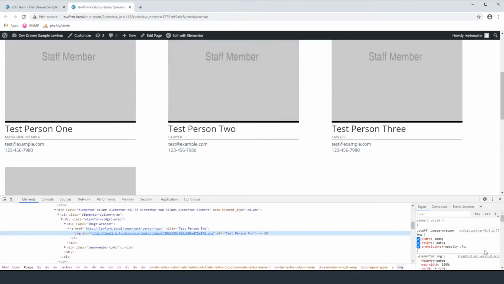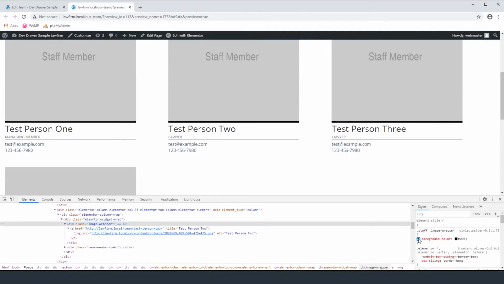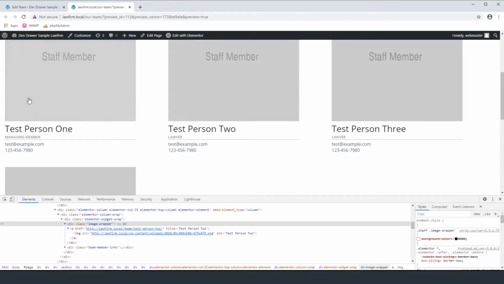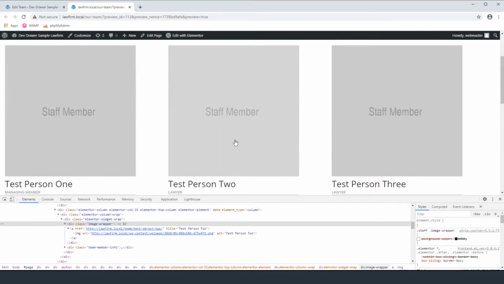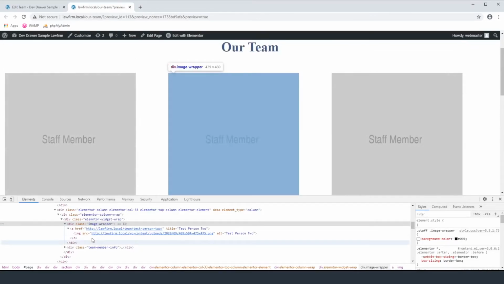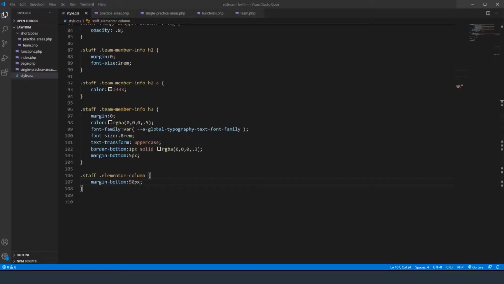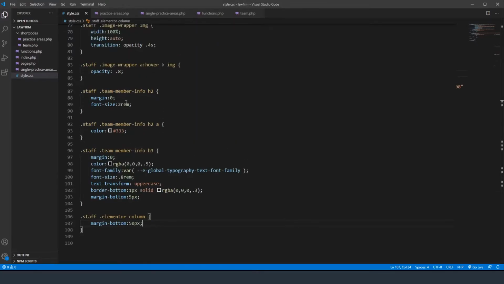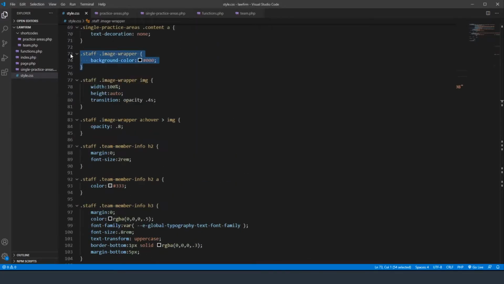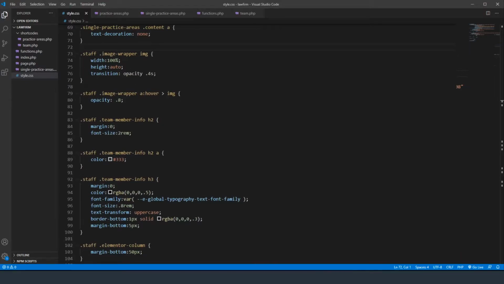So if we look at this and we take this height instead of being auto and turn it into 100%, no, that doesn't help it either. I thought it would. So maybe if we remove that, it doesn't have the, I guess it does. It just turns white instead of dark. Okay. Alright, so let's do it that way just to make it a little bit easier so I can move forward with it. We're going to just remove the background color from here. Okay. Alright, so that should give us our